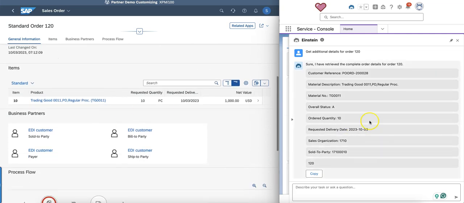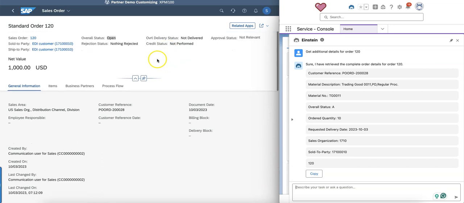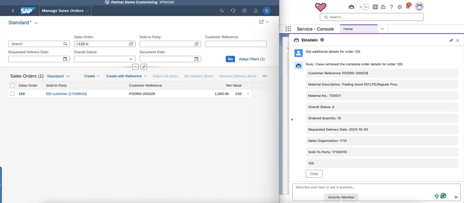And below you see all the material related data like requested delivery date. This is the requested delivery date. We have 10 pieces, and this is the material number and the description of material. So that's pretty easy. It was a simple prompt, but let me ask for something else, or maybe another customer